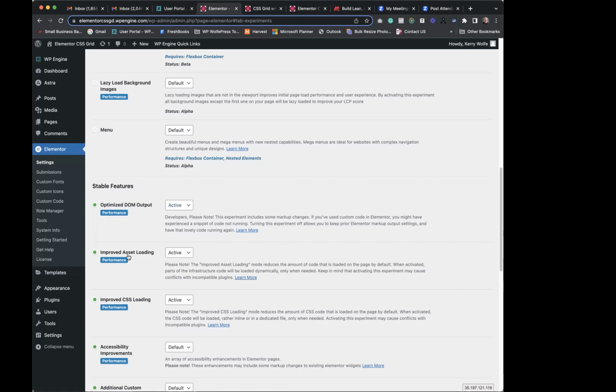Activate optimized DOM output, improved asset loading, improved CSS loading. Those will help a little bit. And one thing that I don't know why this never occurred to me. Of course, we do things